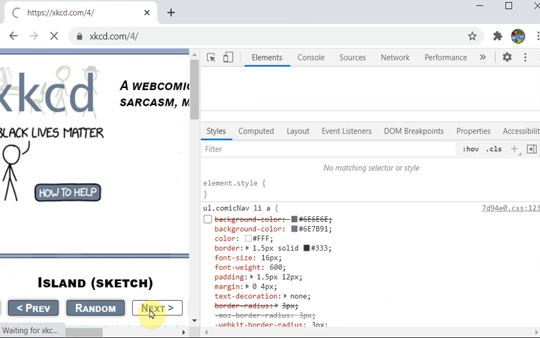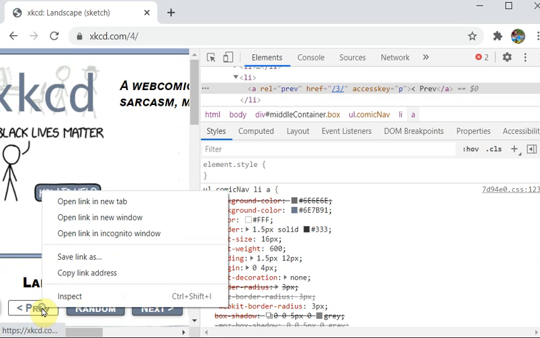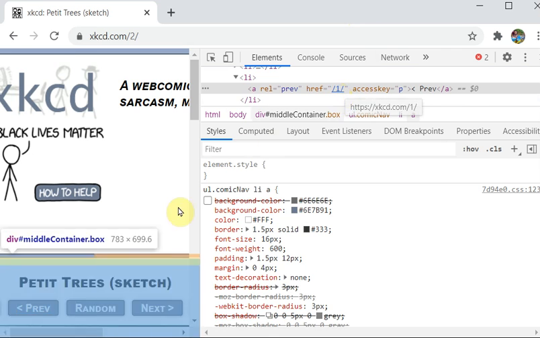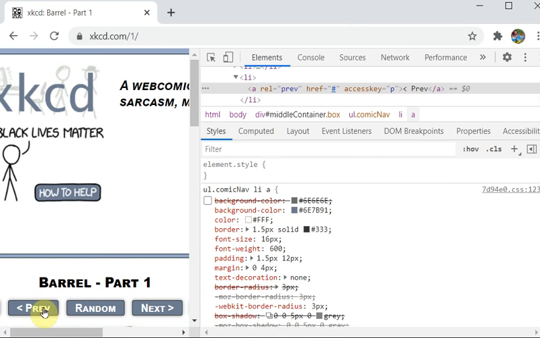Again I click on next, and now previous, it is 3. What is the meaning of this? If I click on previous, I will be redirected to the third post. Now I am redirected to the first post.